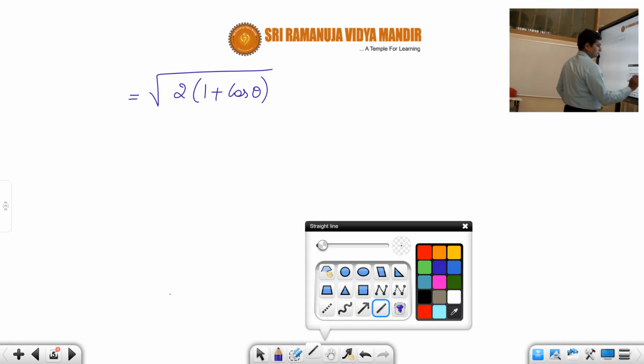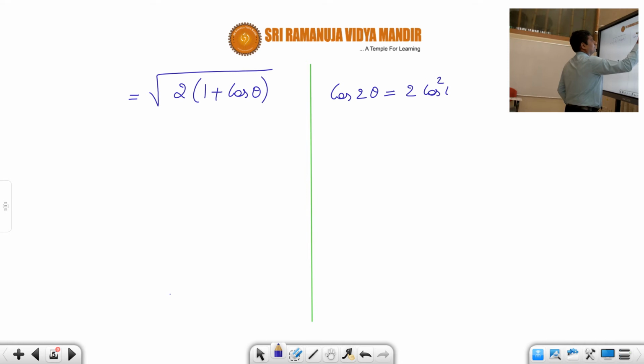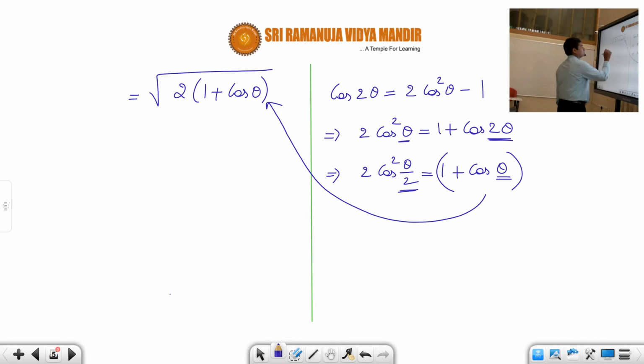So we have cos 2 theta is equal to 2 cos square theta minus 1 or 1 minus 2 sin square theta. Here I can write it as 2 cos square theta is equal to 1 plus cos 2 theta. Okay, see here, students, here 2 theta means theta should be there. Now if I make it as 1 plus cos theta, then how much should it be, students? 2 cos square theta by 2. Okay, this formula you will learn in mathematics, students. So I can replace 1 plus cos theta as 2 cos square theta by 2.